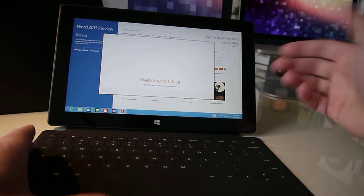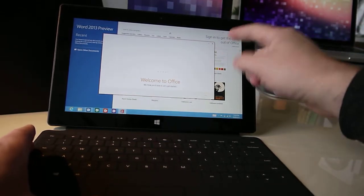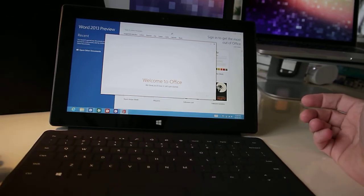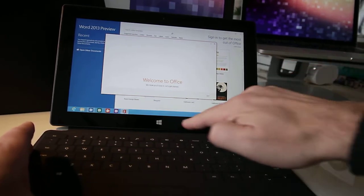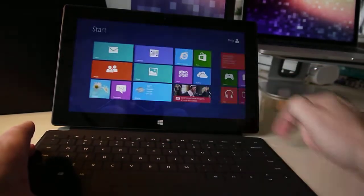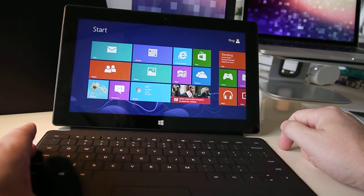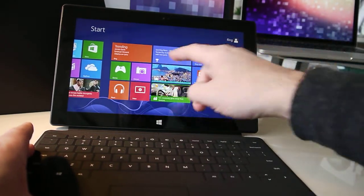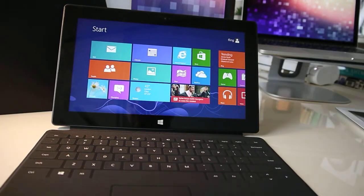I haven't actually used Windows in a while, so I don't even know what I'm doing. But I imagine this is just like what Windows 8 looks like. Someone correct me if I'm wrong. But anyway, so you press the Windows icon to go back to the home screen. Yeah, I'll play around with it and post more things that I think